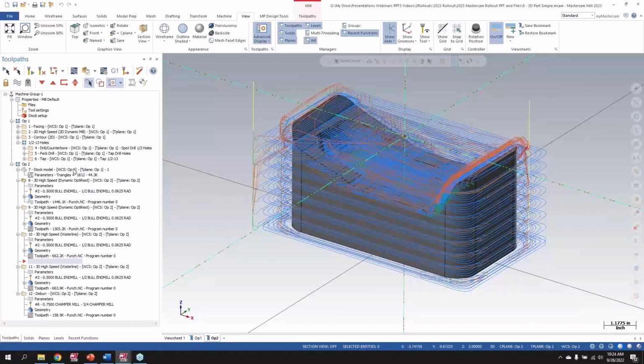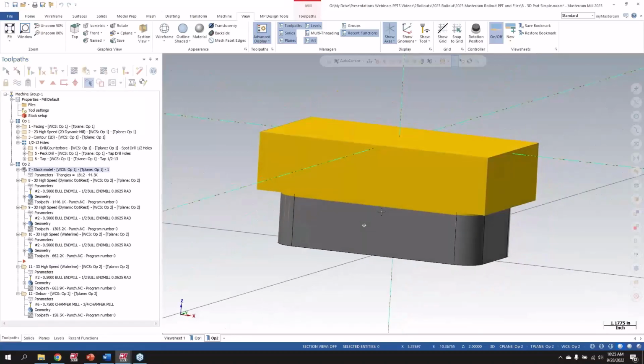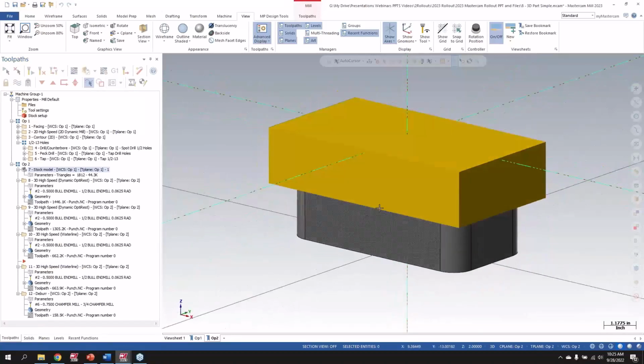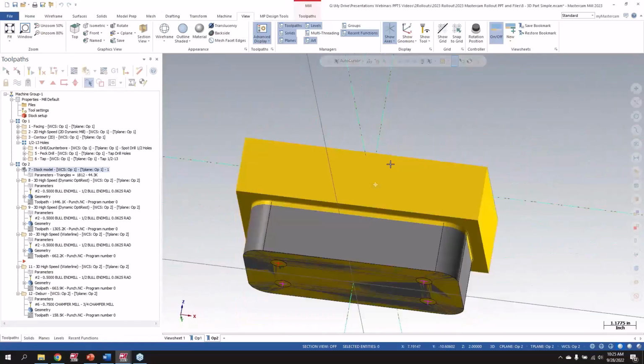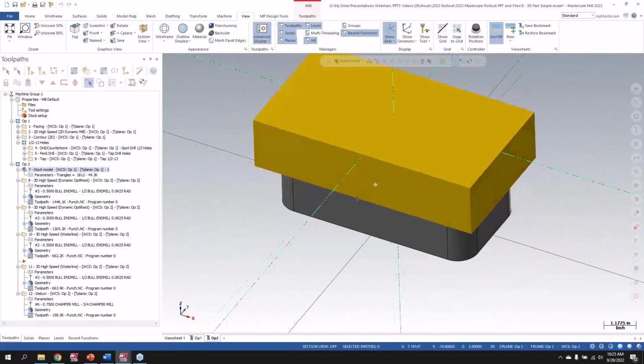When I'm in these webinar or rollout type scenarios, I want to do it more from a theory-based perspective, and then you can apply it to whatever your parts are. So I try to keep the parts as simple as possible. Say this is op 2 of this part. I have all my work holding turned off. I machined the first side here to rough out the block, and now I want to rough out the second